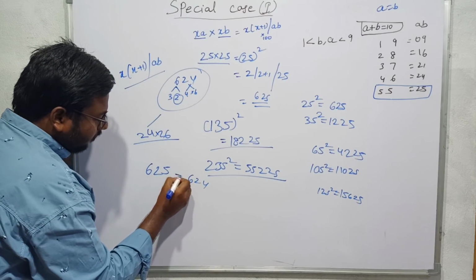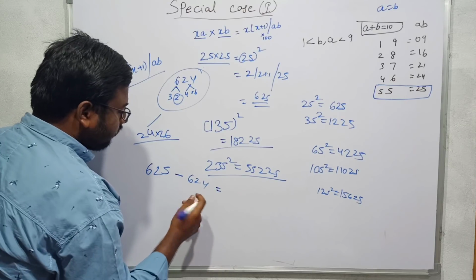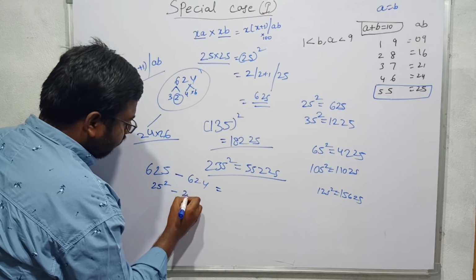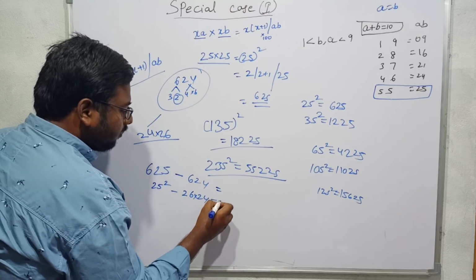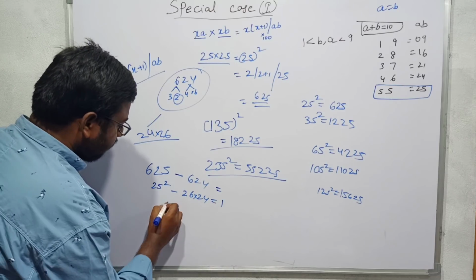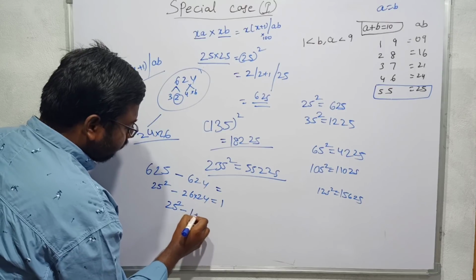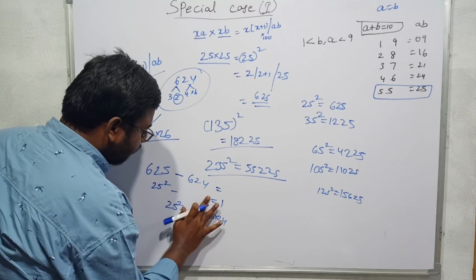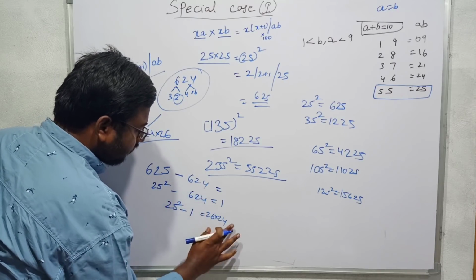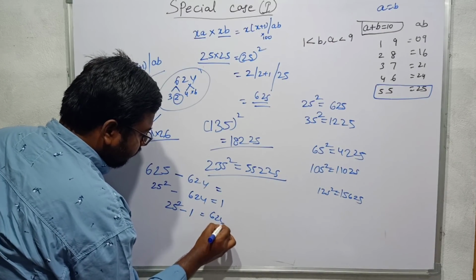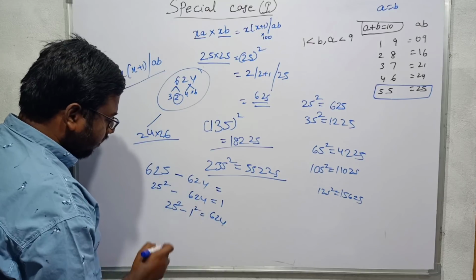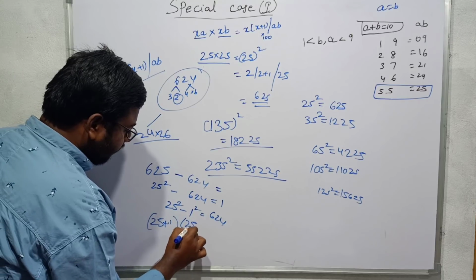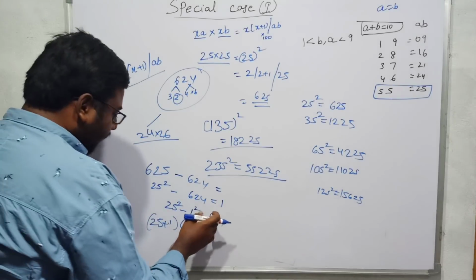If I find the difference, for example, this I can write as 25 square. This is nothing but, if you know, 26 into 24, that means this I can write as, this is 1, na? So I can write this as 25 square minus 1 is 26 into 24. Don't write 26 into 24, let it be 624 only. That means 1 I can write this as 1 square. So a square minus b square is always a plus b into a minus b, 26 into 24. So this is the main reason behind that.